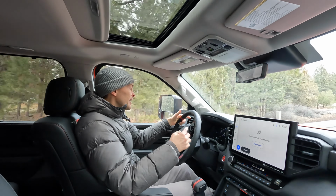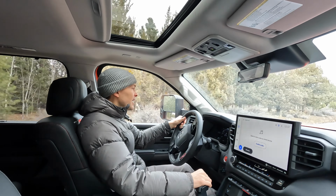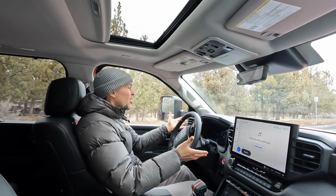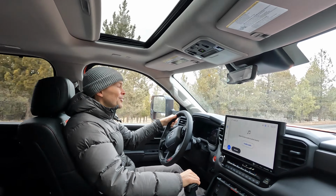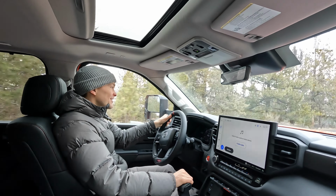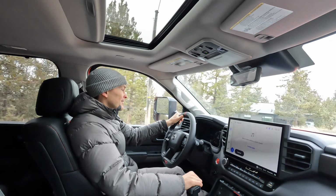And the reason for that is you're getting the artificial audio, but then again, we've got that TRD Pro exhaust. So you're getting the combination of the two, and it sounds absolutely awesome. Now, I previously had a 2022 Tundra in the limited trim configuration, and I was really excited to